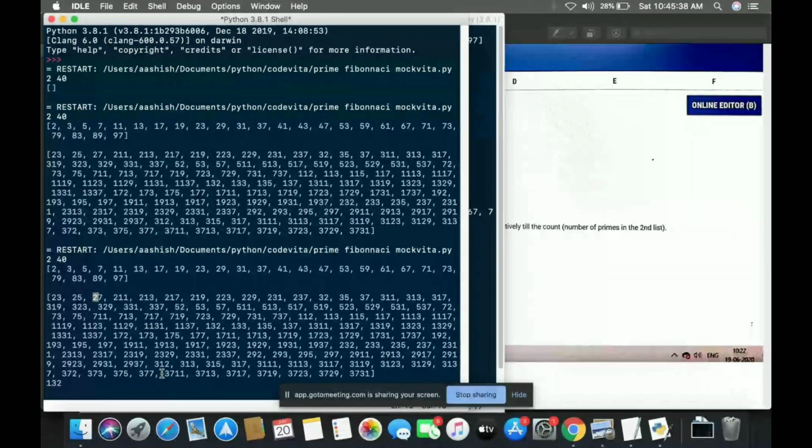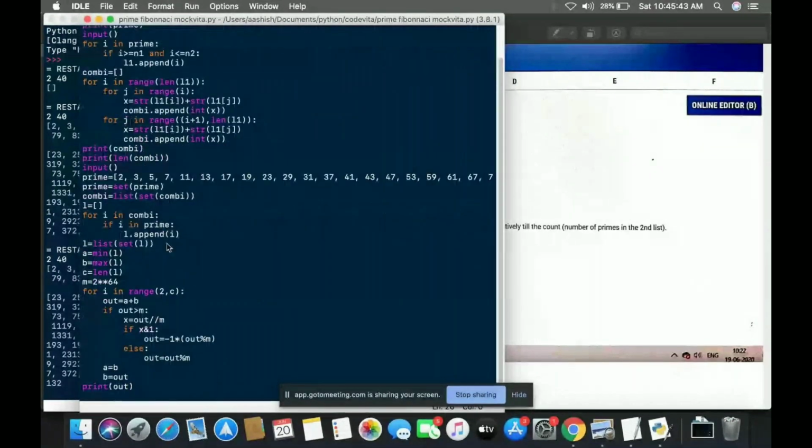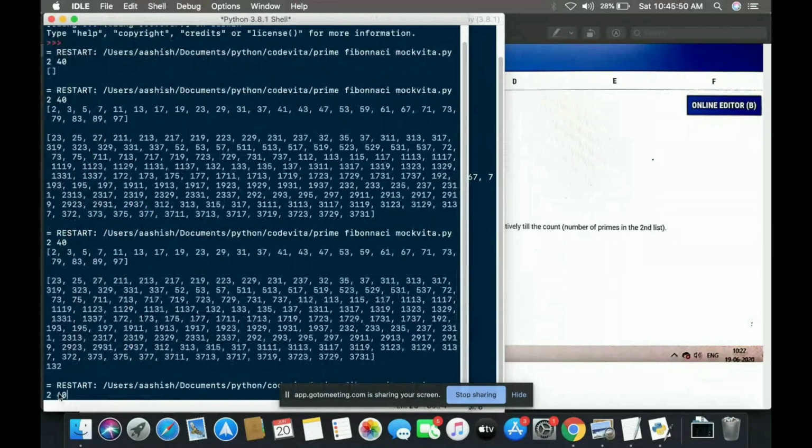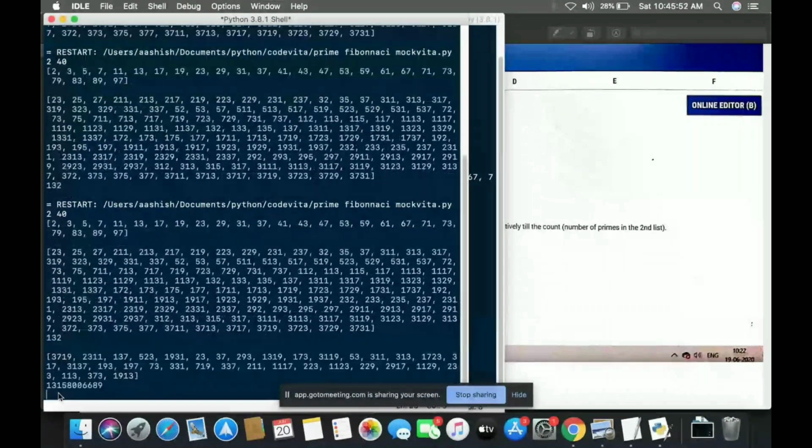So I have to make another list, this one with only the prime numbers from the previous list. You can see how much the length has reduced.